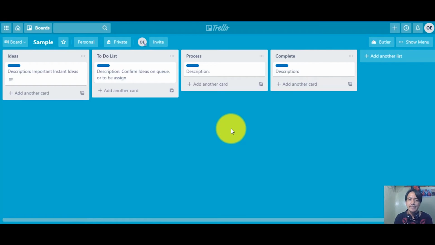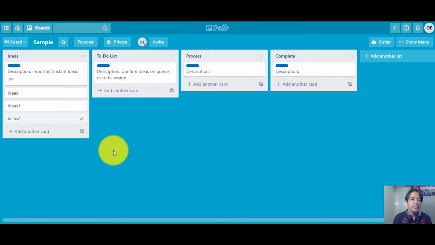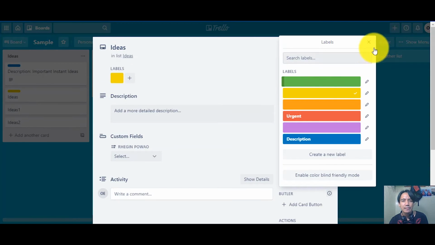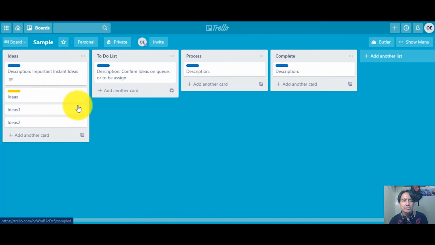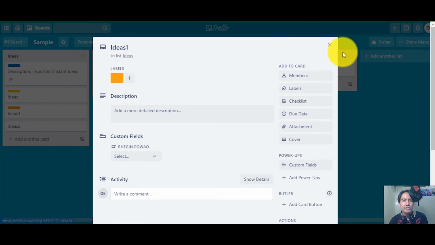So, that's it. And for example, if you have lots of ideas or things to do, or just anything, you can create labels here like yellow, orange,